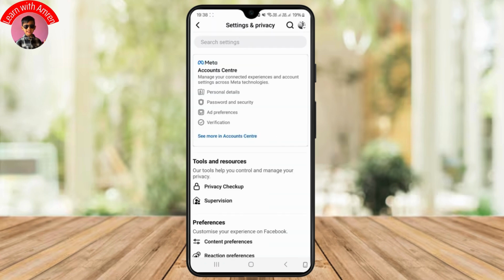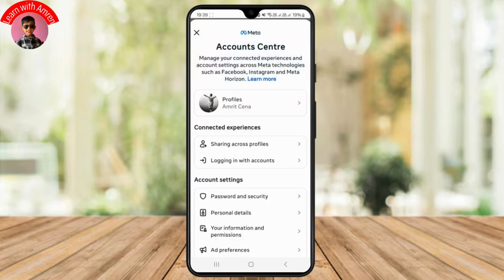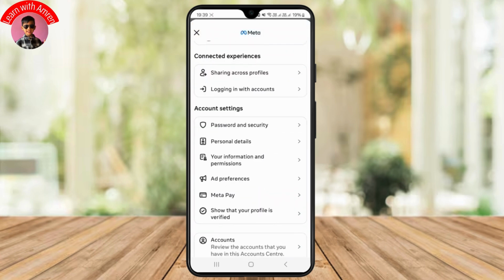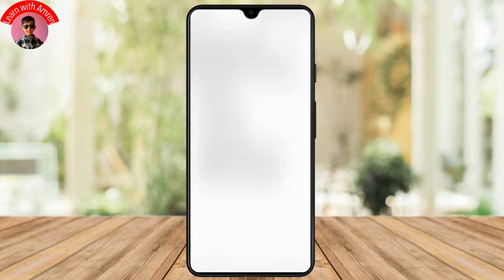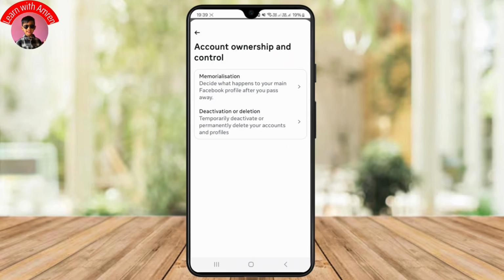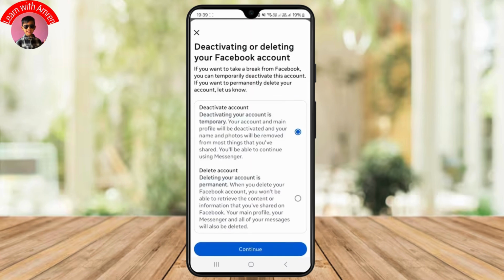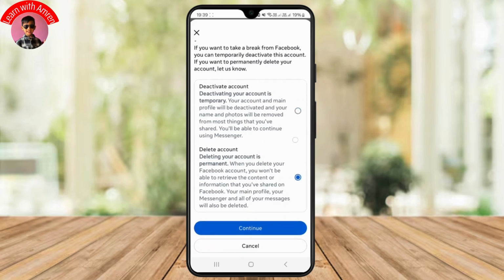Once you click on settings, just click on this account center, and from over here what you need to do is just click on this your personal details under account setting. Once you're inside here, you will see the account ownership and control option. Just tap on it, and from over here you can see your option called deactivation or deletion. Just click on it and just select your profile, and from over here just select the second option, which is